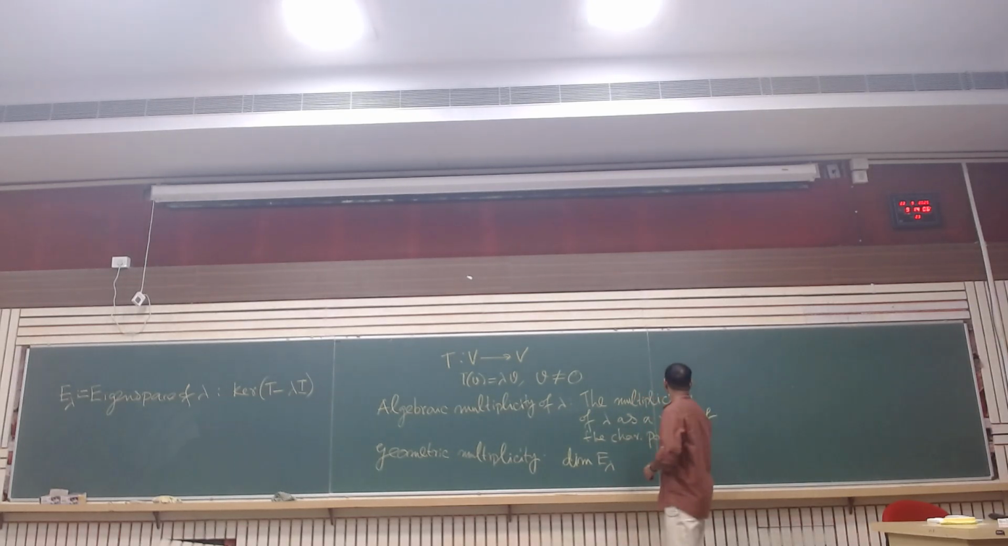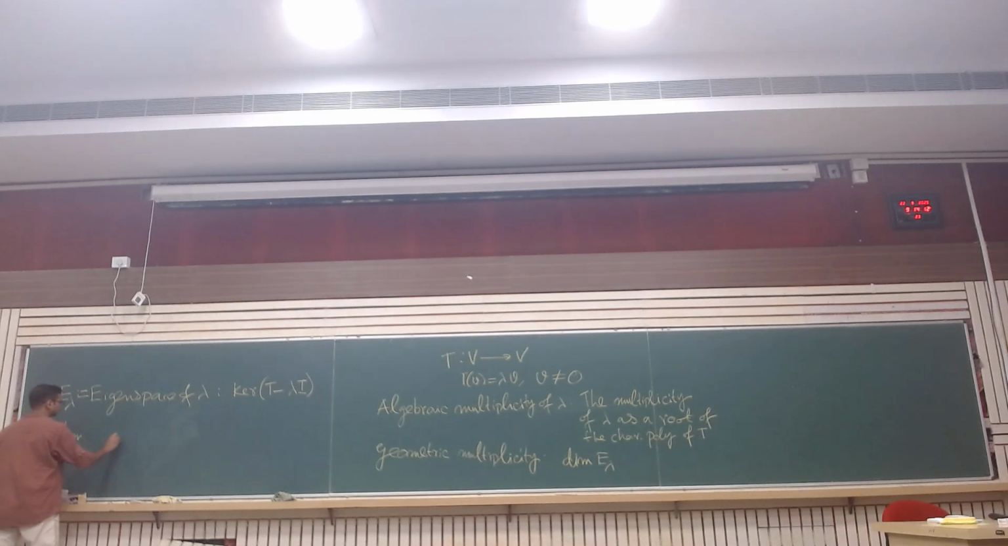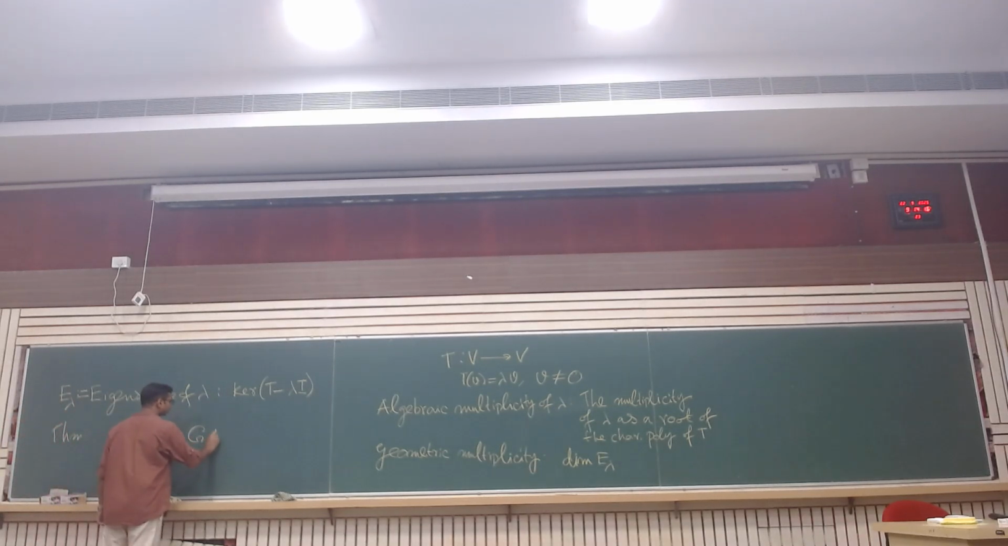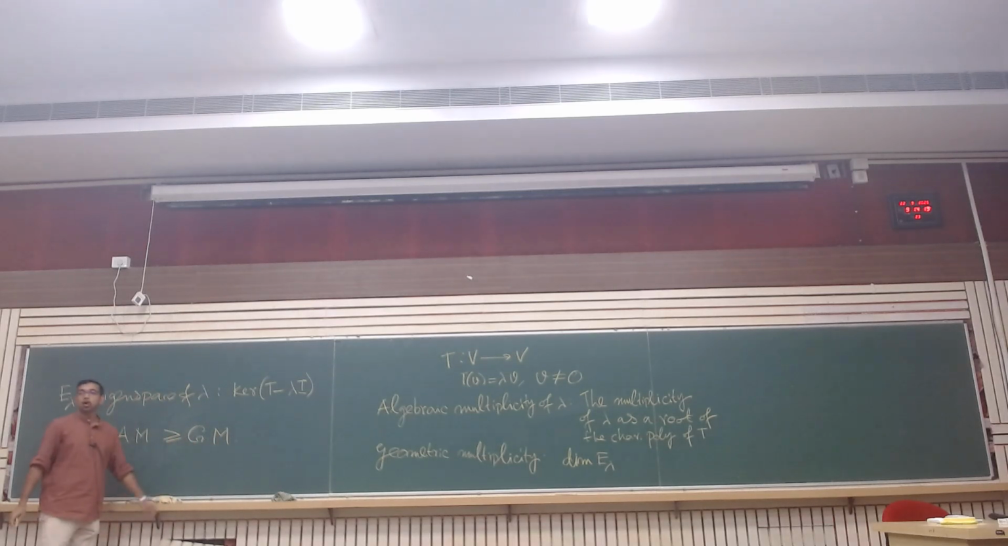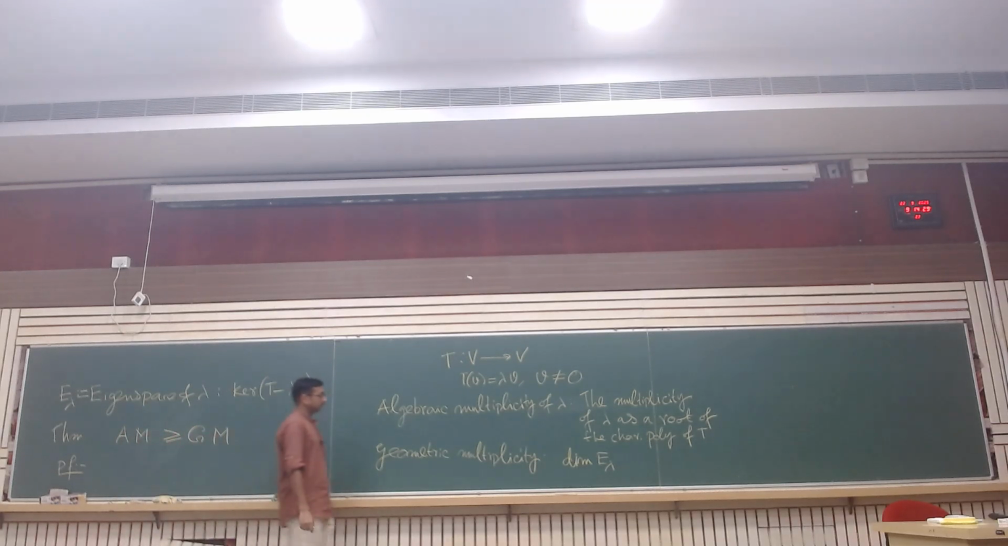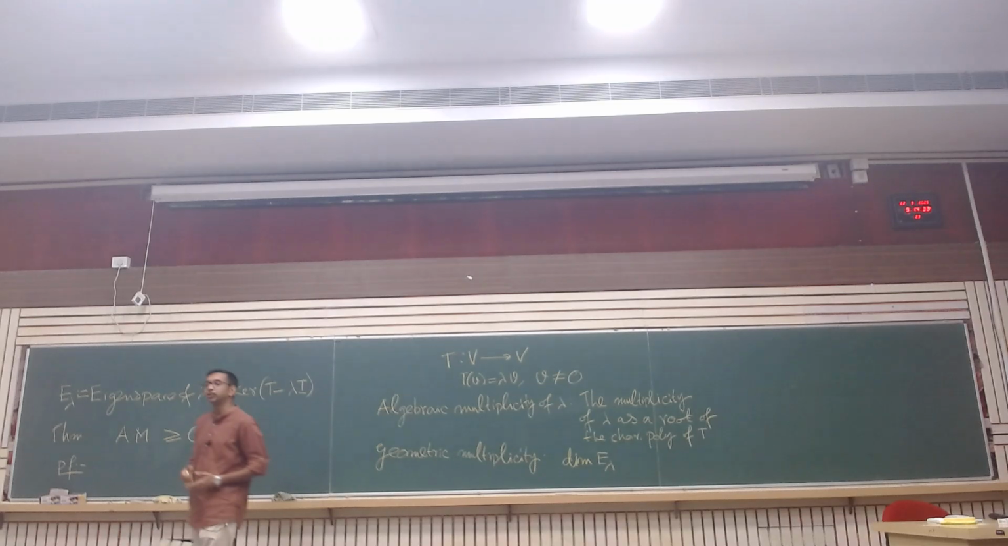So what are we going to prove today? This theorem: the algebraic multiplicity is larger than or equal to the geometric multiplicity of any eigenvalue. And how should we proceed? Well, we'll take, for example, this lambda and assume,